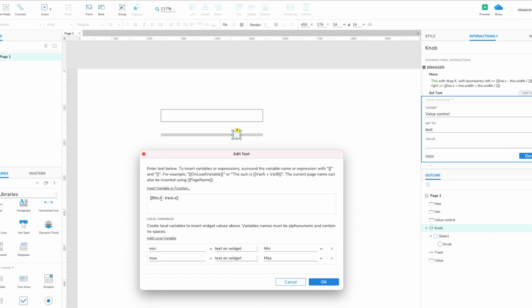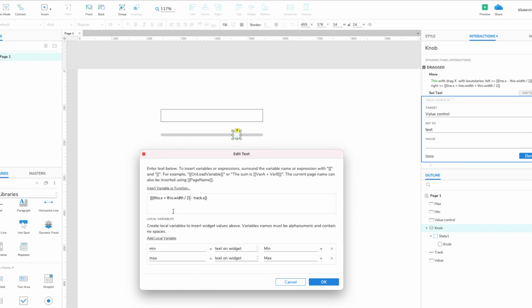But not this dot x, because that is the left, but we want the position of the center. So that would be just to put it in parentheses with this dot x plus this dot width over 2, right? So this gives me the center of the knob, and now I subtract the beginning of the track,